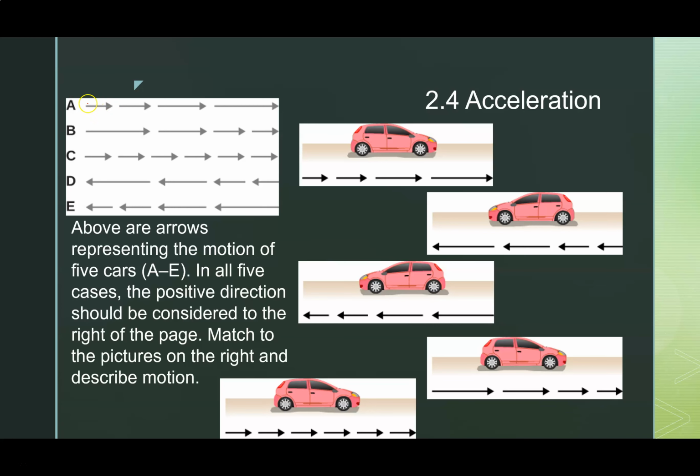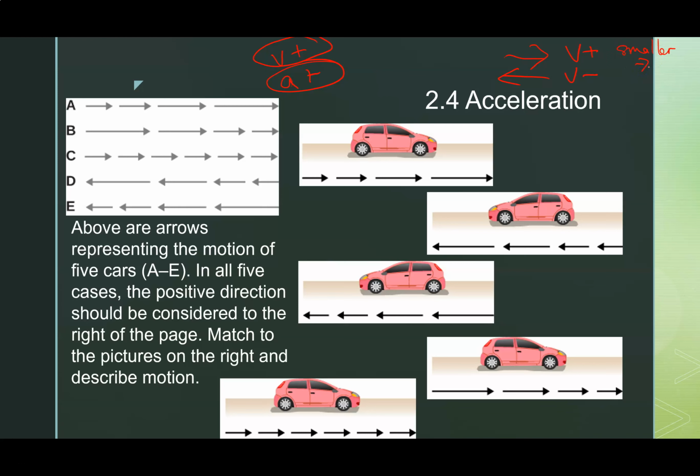So for instance, in A, we see the arrows getting longer, and they're all pointing in the same direction. So if an arrow represents a velocity at any point in time, this velocity is getting larger and moving in the same direction, which means that the acceleration is positive and the velocity is positive. Since we're pointing to the right, we're going to say that to the right is positive as far as velocity is concerned. So arrows to the right for V positive, arrows to the left for V negative, and then acceleration is determined based on that. If the arrows are getting smaller